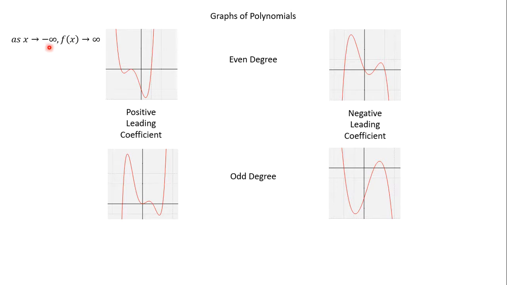The only options for each of these are going to be negative infinity and positive infinity. Each one will have x going to negative infinity and x going to positive infinity. And then f of x, is it going up, positive infinity, or down, negative infinity? I tend to think of it like this: as x goes to negative infinity, f of x goes to infinity. But the book switches it around a lot, and a lot of the questions it'll give you